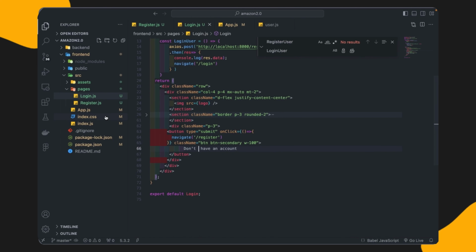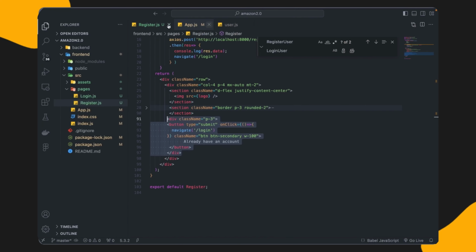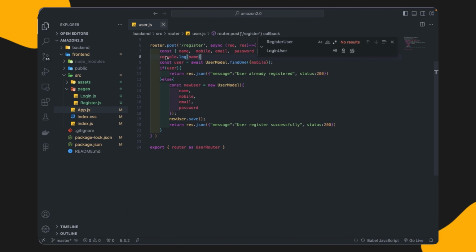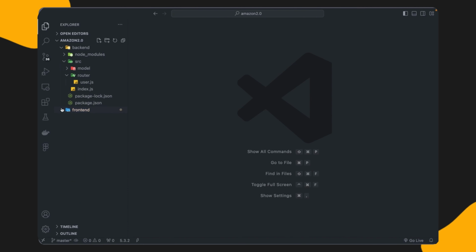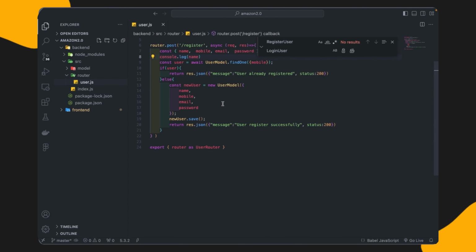Now we need to create the backend of the login, and a little bit in the UI also we need to make some changes. So that we will do. First of all, now we will write the backend code here. So I will close all these front-end files so that it will not cause any confusion. Now this is the front-end folder, I will close this one, and this is the backend folder. Inside that backend folder, in the last video we have created these things: models, routers and the index.js file. So this all we have done. Now as you remember, user.js was the file where we were creating the APIs.